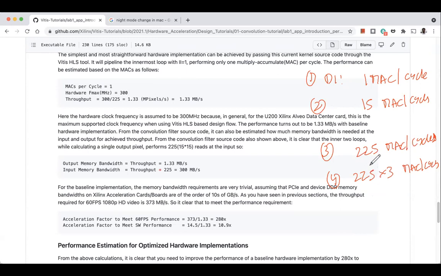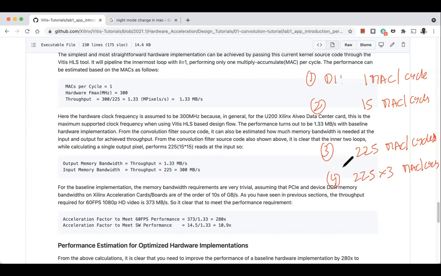Sometimes what will happen is, you might not be able to do step 4 because when you use a low end embedded FPGA, which is designed for embedded systems, it may not have this many DSPs, in which case this could be the max you may get. So you may have to first process R followed by G, followed by B. But even then, with 225 MACs per cycle, it is possible for you to achieve the required throughput, because 225 into 1.33 will be your throughput.